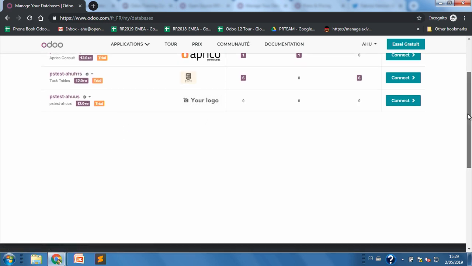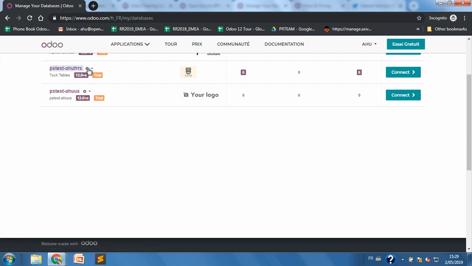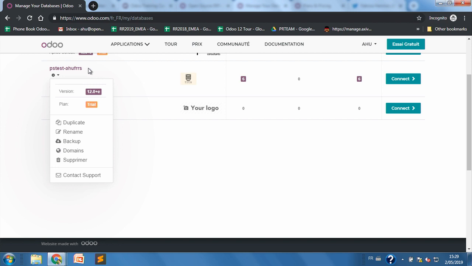Like here I have two test databases, one here is in French, here for the US, with fake information inside. And on those databases, you have different possibilities of duplication, renaming, taking a backup, and those are things